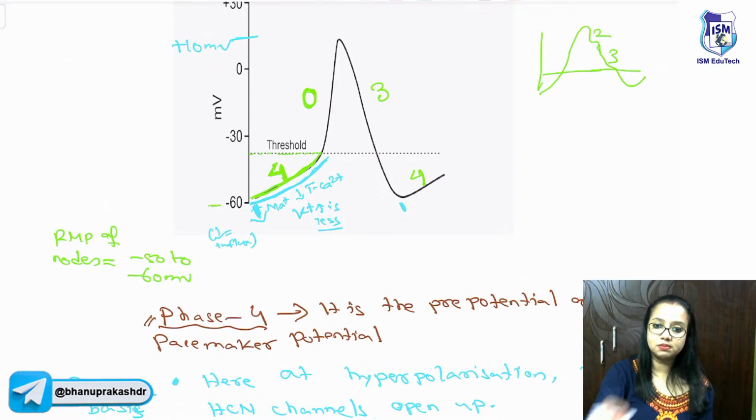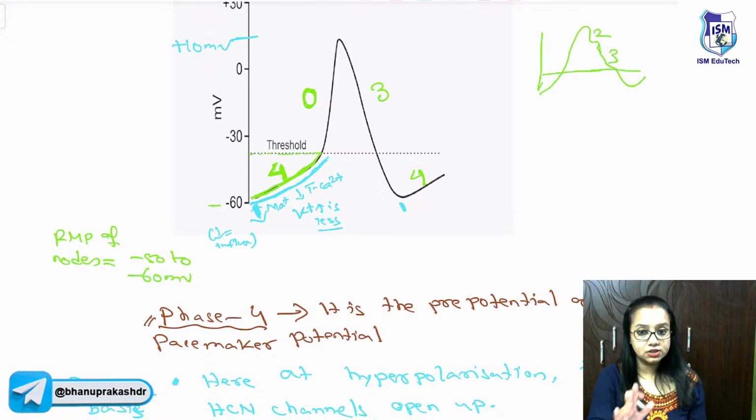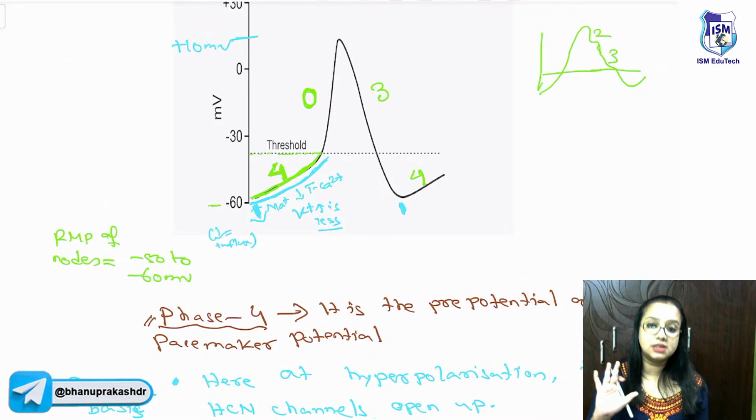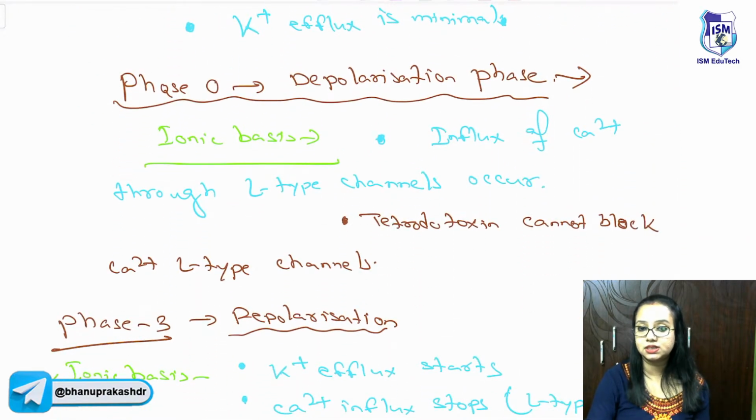Now, efflux of potassium happens so rapidly that it goes all the way back to minus 60. Okay, now to bring it back to minus 60, only efflux of potassium is not enough to start phase 4. What is needed? The calcium that has entered so much within the nodal cell, that excess calcium is removed by the sodium calcium exchanger. And the extra sodium that has come in is also now balanced by pumping of the sodium potassium ATPase. Now all these things together take the resting membrane potential to minus 60,